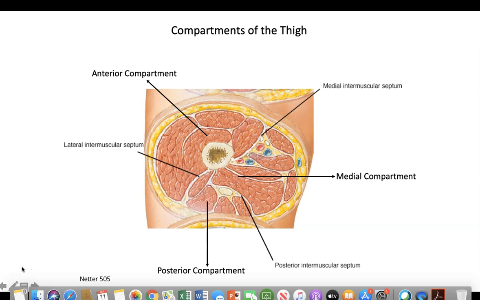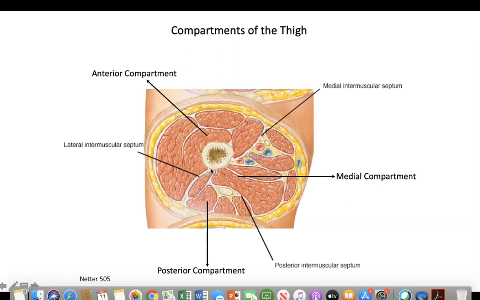Hi everyone, this is the second part of my first lecture of the lower limb, the anterior and medial thigh. So already I mentioned that within the thigh, there is skin, superficial fascia, deep fascia. Deep fascia of the thigh is called the fascia lata. And from the deep fascia of the thigh, there are intermuscular septa, the extensions of the deep fascia of the